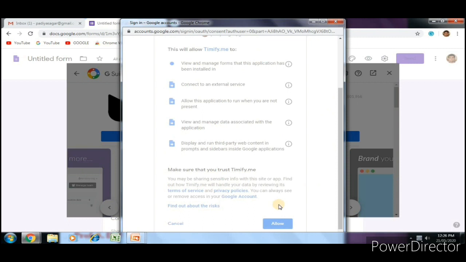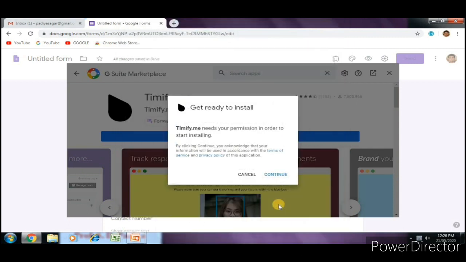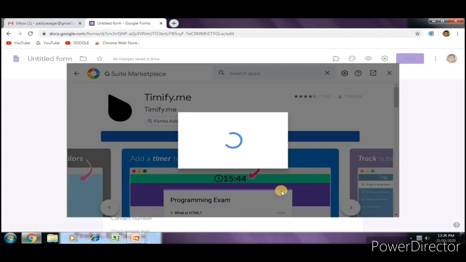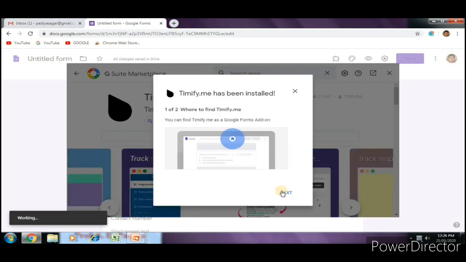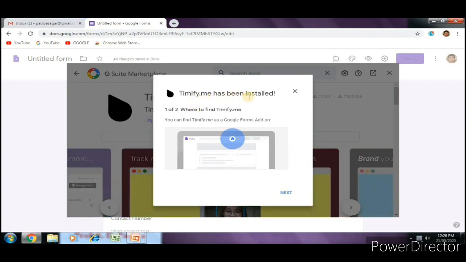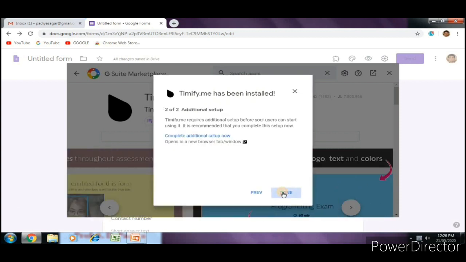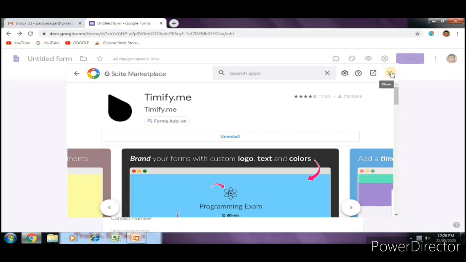Allow it. It also takes some time for the installation. Now Timify.me has been installed. Next and done. Close it.